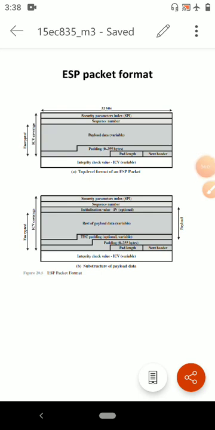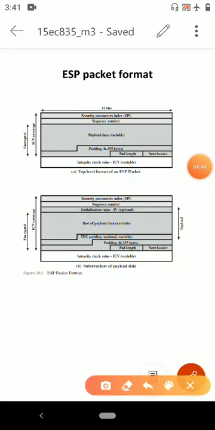Next, the payload data, padding, pad length and next header fields are encrypted by the ESP service. If the algorithm used to encrypt the payload requires cryptographic synchronization data such as initialization vector, in short IV, then these data may be carried explicitly at the beginning of the payload data field. If included, an IV is usually not encrypted, although it is often referred to as being a part of the ciphertext.